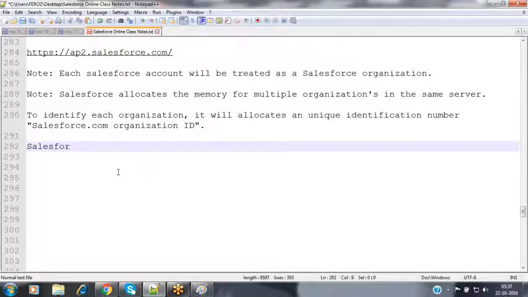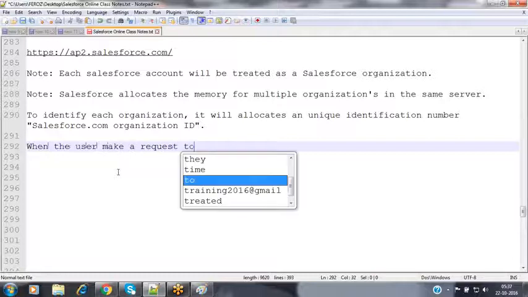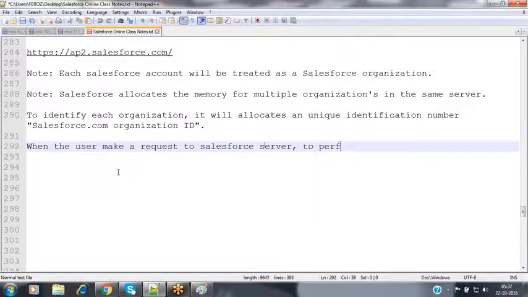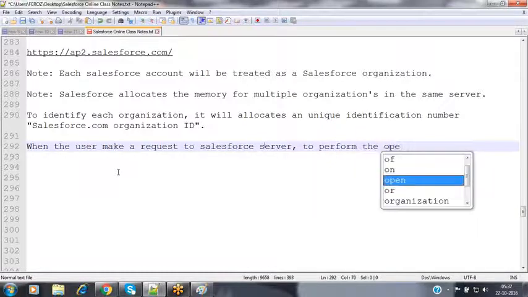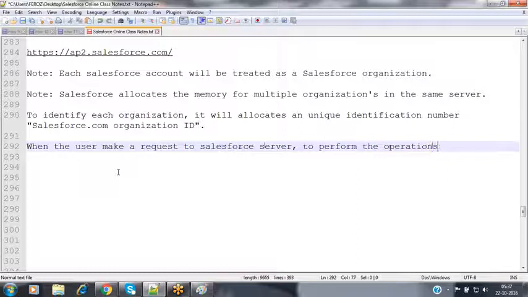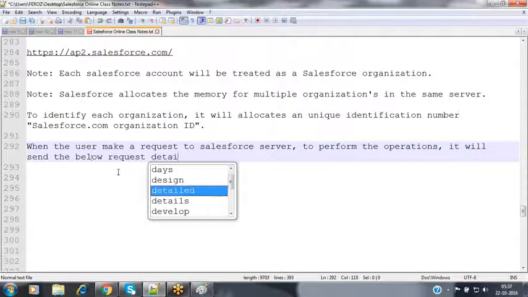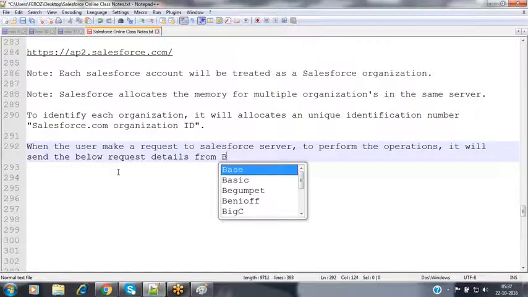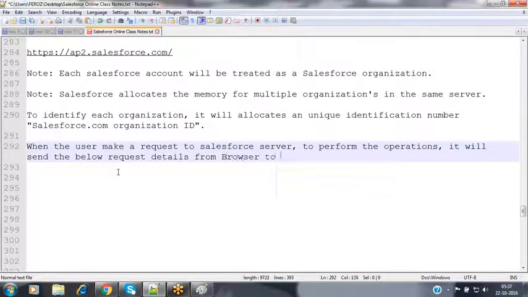When the user makes a request to the Salesforce server to perform operations, it will send the below requested details from the browser to the Salesforce server.